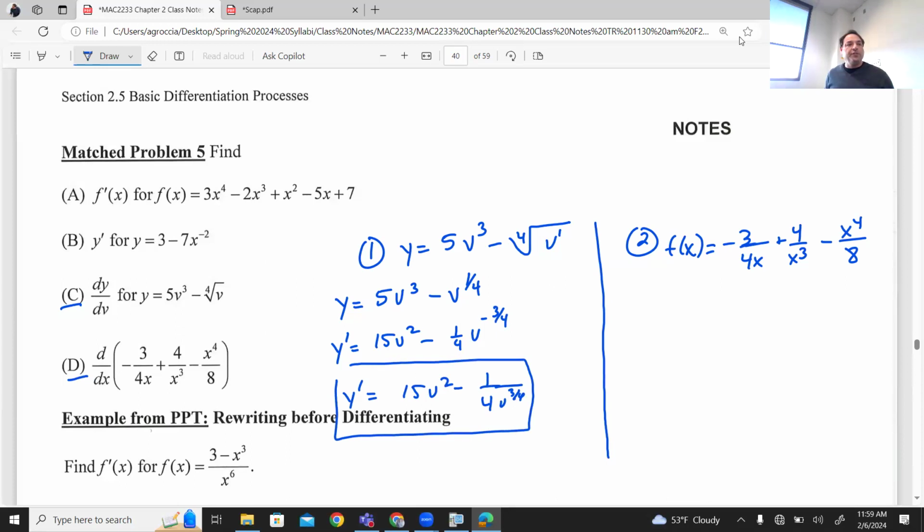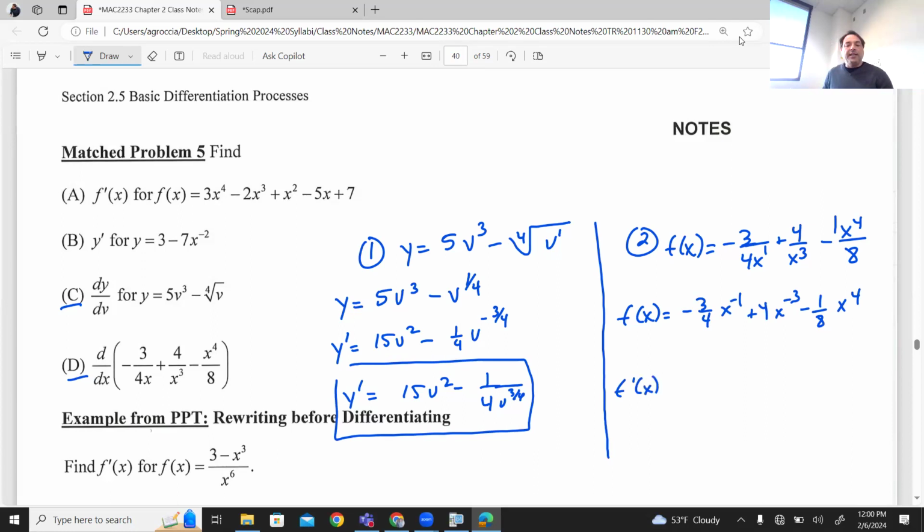Okay, there's the first one. The second one, same idea, rewrite it first. This will be negative 3/4. This is x to the 1. When I move it up, it's going to be x to the negative 1 plus 4. This is x to the 3. When I move it up, it's going to be x to the negative 3. Be careful with the last one. There's a 1 here. So this is minus 1/8 x to the 4. It's already up, so we don't need to rewrite it. So rewrite it first,